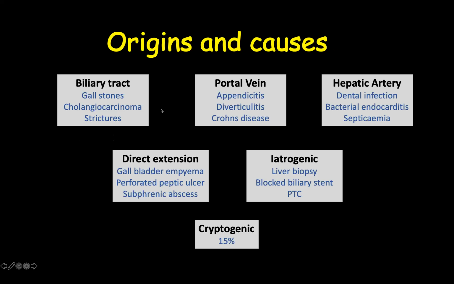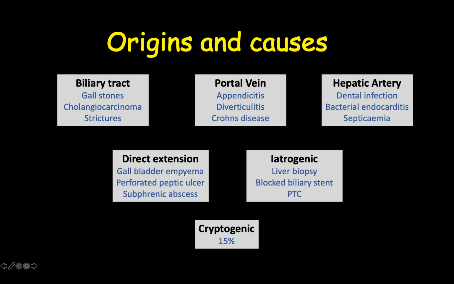We have thrown you three examples: iatrogenic, biliary tract, and the obvious hepatic artery, because we presumed that this was a systemic infection that had seeded itself into the liver. The worst kind that you can get actually are the portal vein ones. And the portal vein